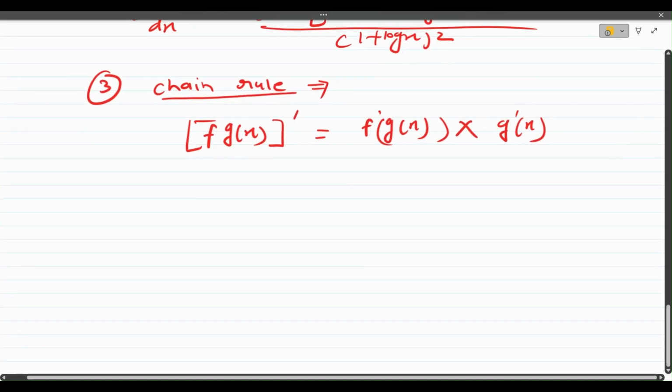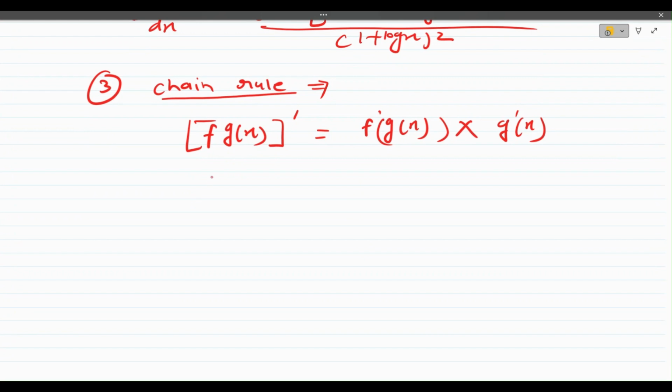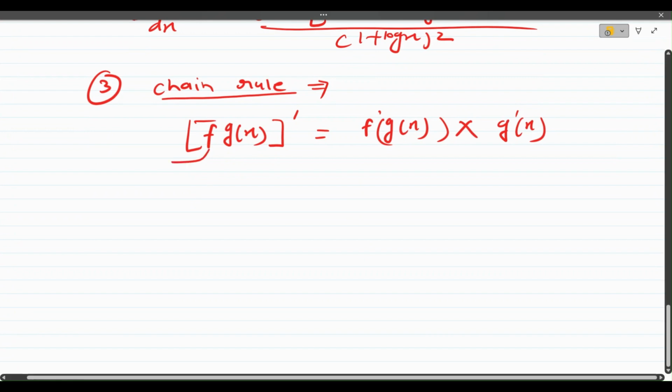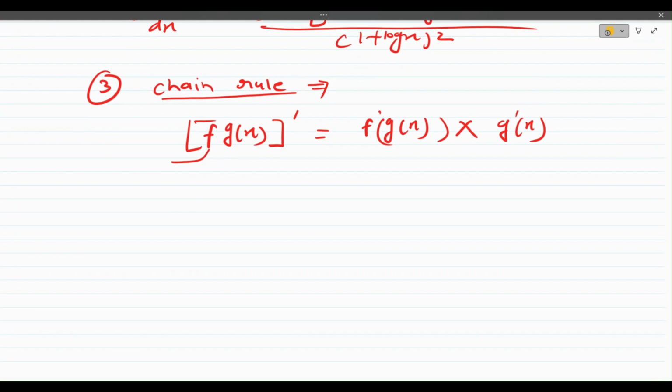So this is basically a composite function. The chain rule is used to solve the differentiation of a composite function, or you can say a function under a function. For example,